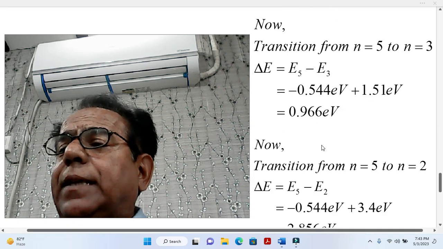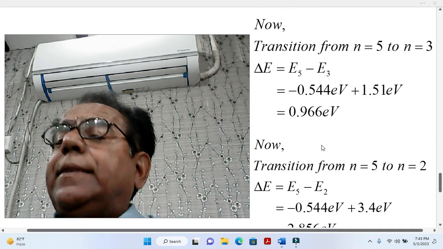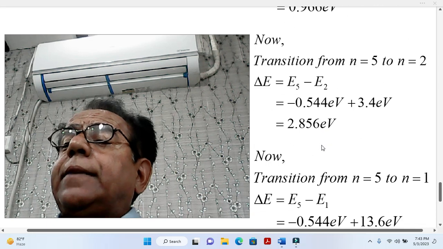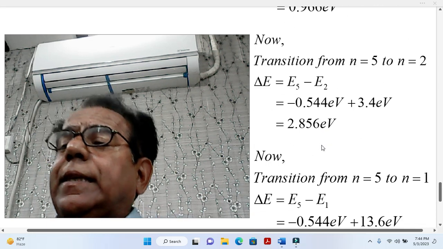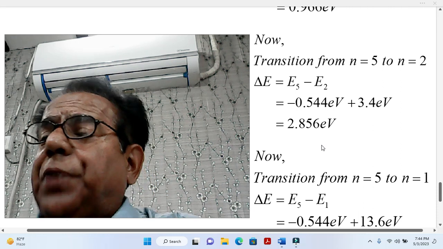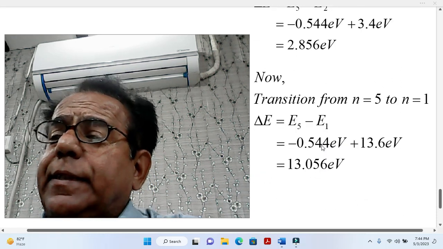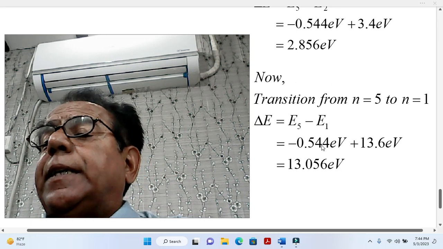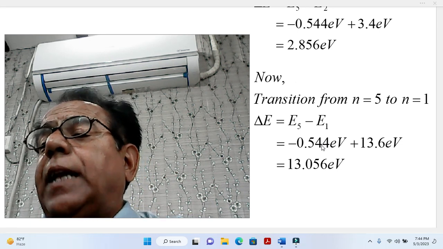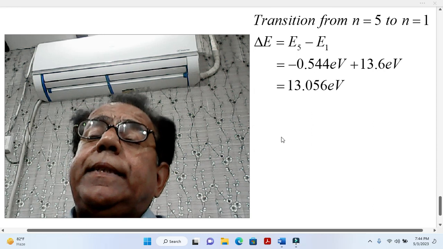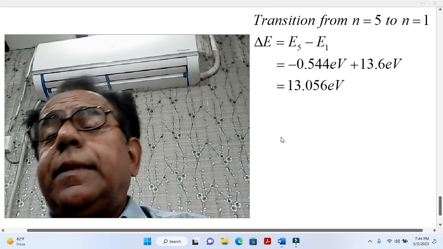The result of the second transition is 0.966 electron volt. The result of the third transition is 2.856 electron volt, and the result of the last transition is 13.056 electron volt. And this is the end of our problem,